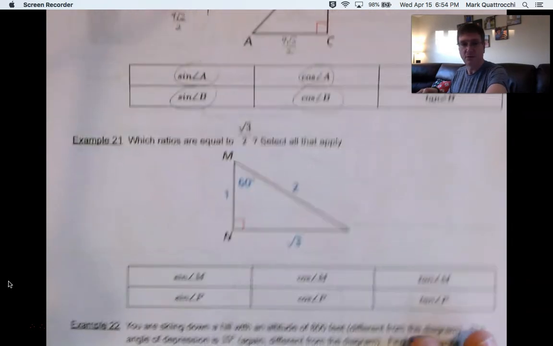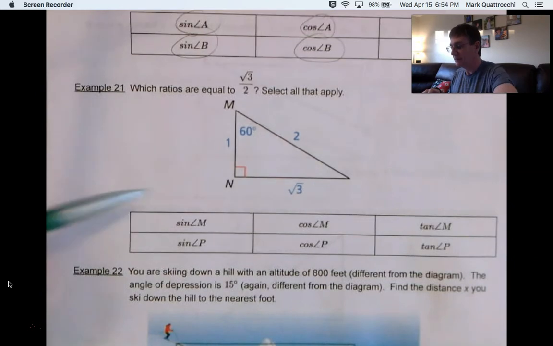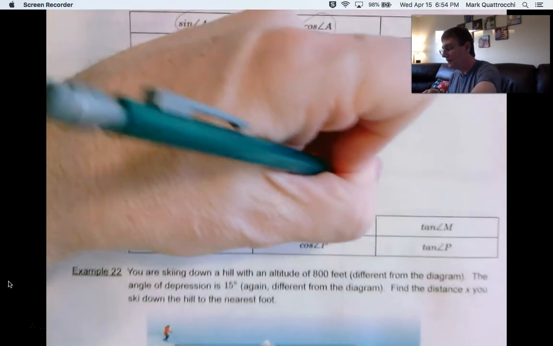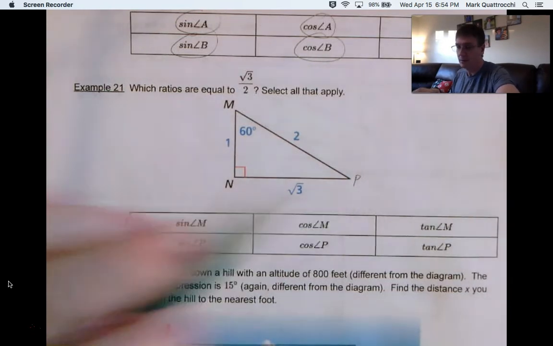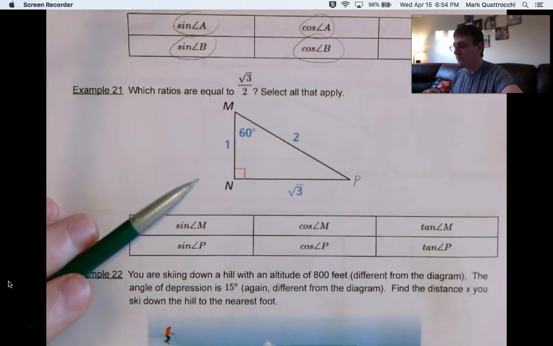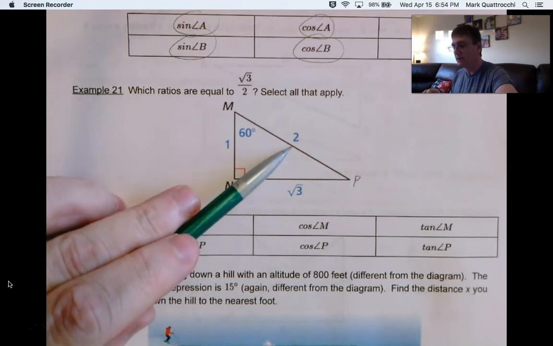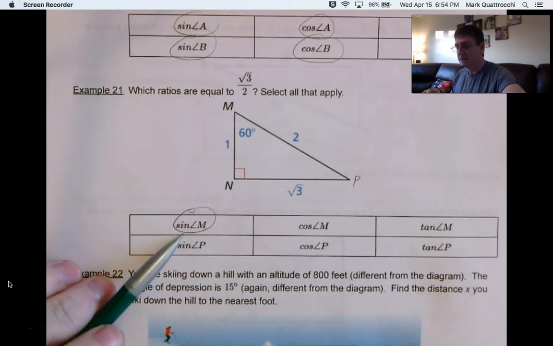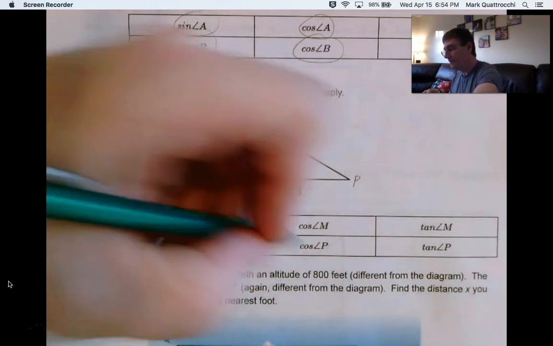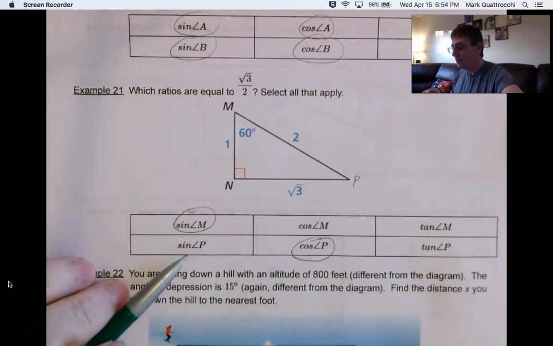Which ratios are equal to square root 3 over 2? Select all that apply. Sine of M, this P here, when I took this picture from the book, the P wasn't in the book. So sine of angle M, sine is opposite over hypotenuse. Sine of angle M is equal to the cosine of its complement. Sine of angle P,